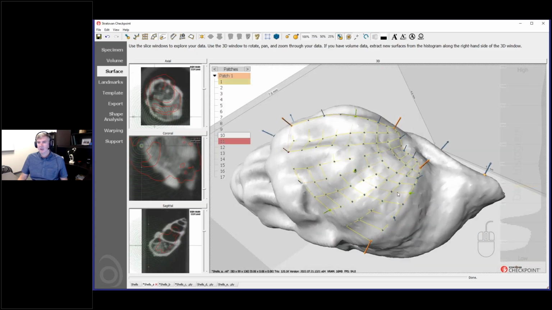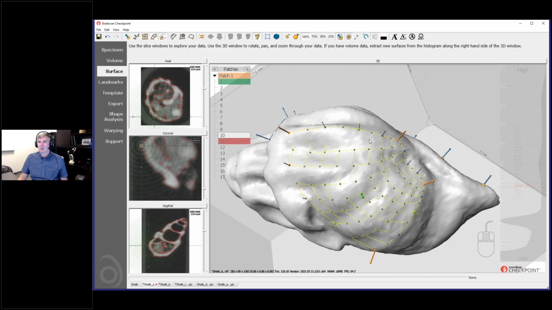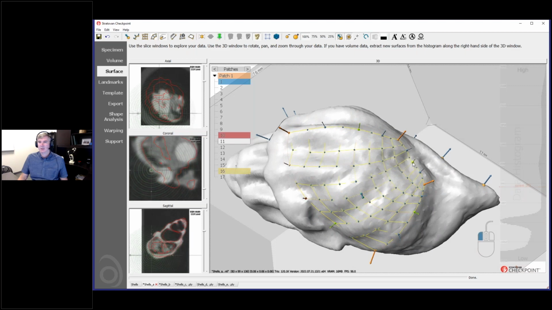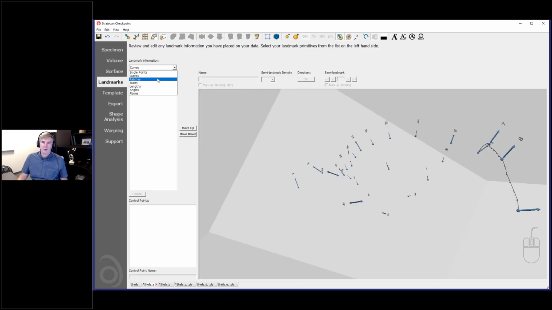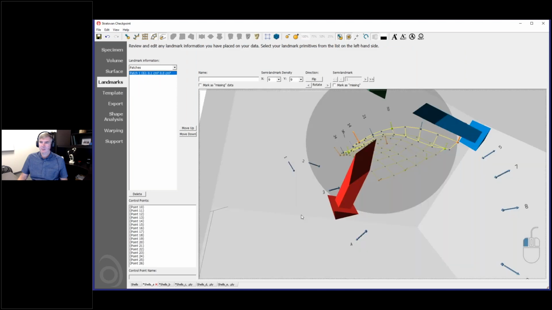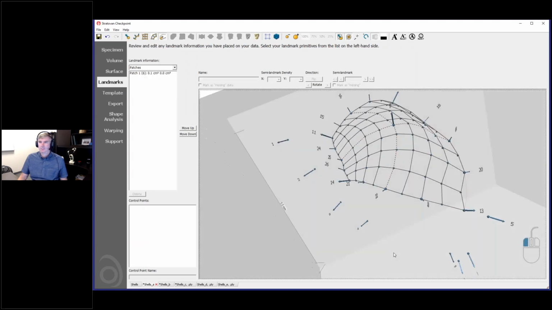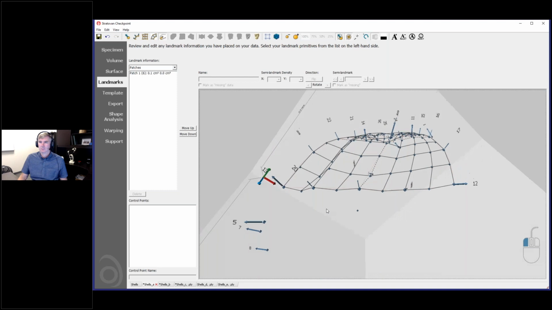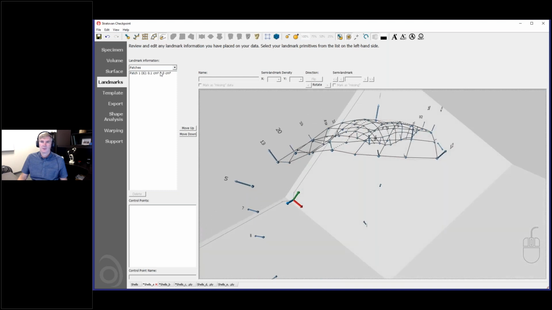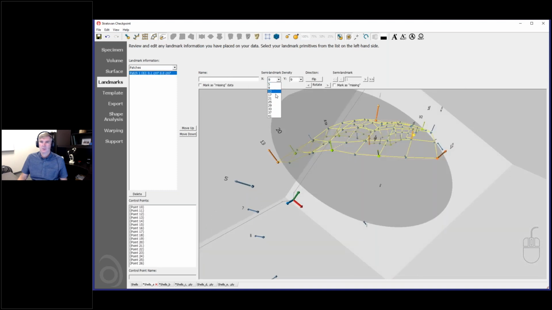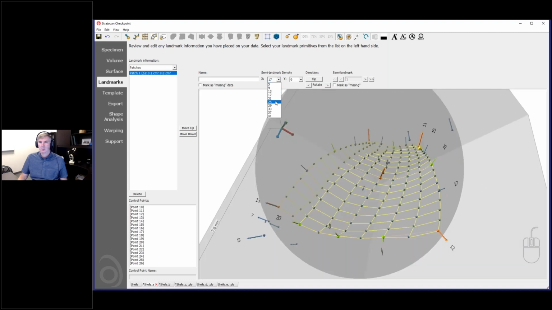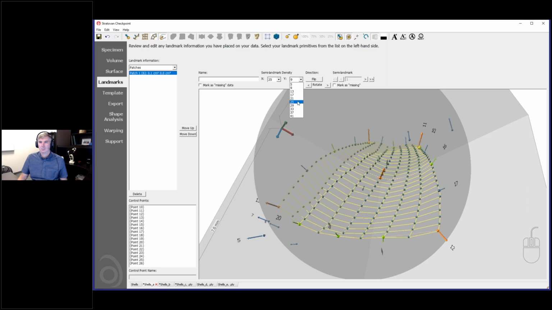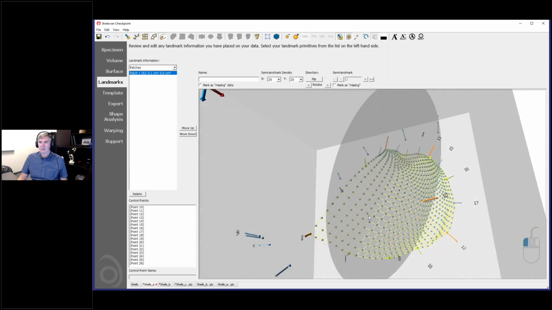And then there we can get a grid going across that surface. So it's a little more condensed on this side than on the other side. And then, just like with the other things, you can change the density of that surface. And here we can do it in multiple directions. There's a high density